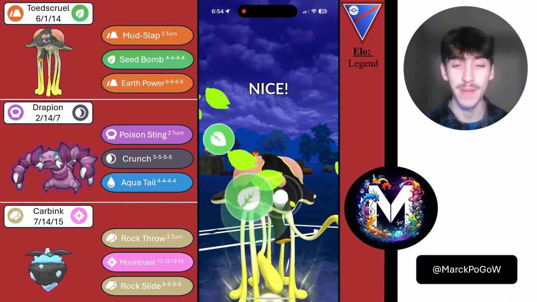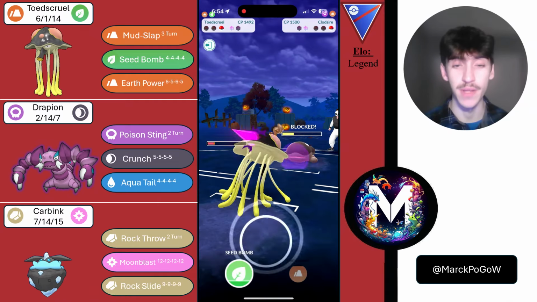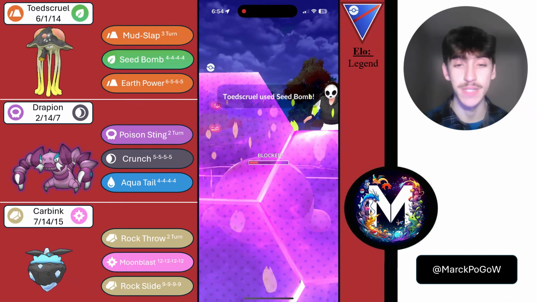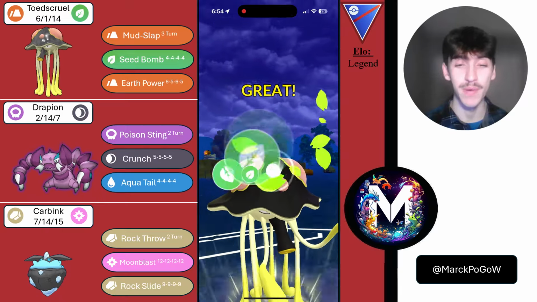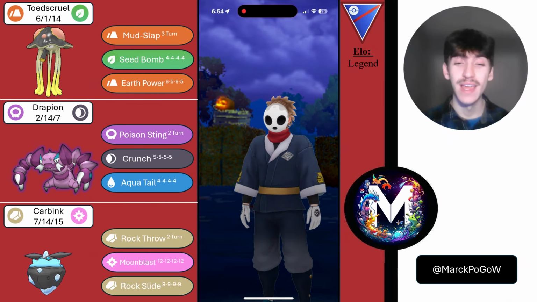I'm just going to start spamming out these Seed Bombs, because I do have a lot of energy here. The opponent is going to put up a shield. I'm able to make it to Seed Bomb number 2. I actually had enough for the Earth Power as well, but that Mud Slap should put them in a range where a Seed Bomb knocks out. The opponent does put up the second shield, but I'm already at a third Seed Bomb before the opponent can get that full farm down, and Seed Bomb picks up the knockout on the Clodsire, and we are able to